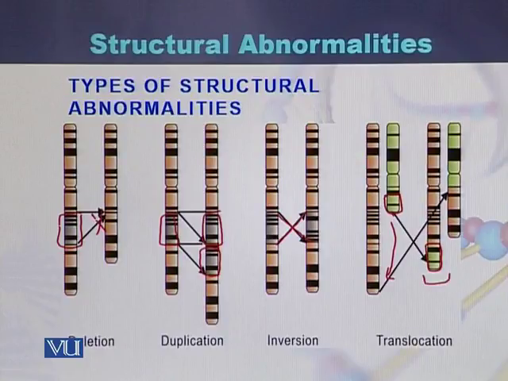second chromosome. The second type of the translocation would be that the part of chromosome, a larger part of chromosome, will join to the second chromosome. It will appear and it will become a new chromosome. One of the part will be from one of the chromosome, while the second part will be from the second chromosome. So these are all types of structural abnormalities.